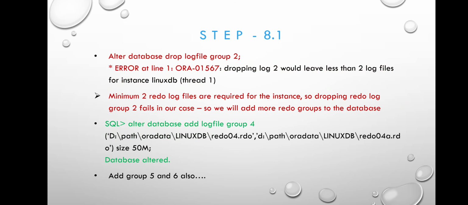Step 8.1. Now in continuation of slide 8.1, we will try to drop log file group 2, for your learning or just to show you how the error will appear. Oh wow, there is an error. As a rule, there must be a minimum of 2 redo logs. So as we have a total of 3 redo groups, so we cannot